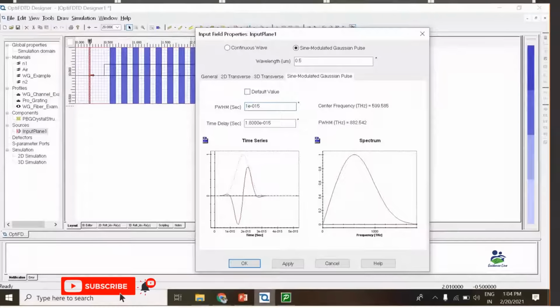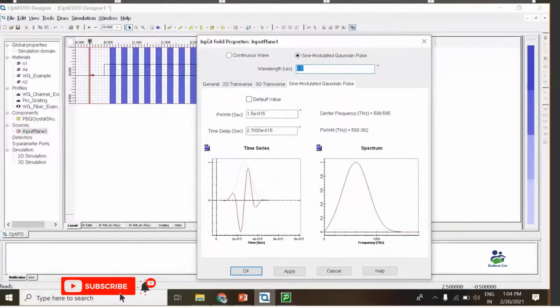Suppose I make the value 1, now you can see the spectrum changes, and if I make it 1.5, we have a time domain like this and a spectrum looking something like this. And the center frequency, as I already told you, if I make the wavelength 0.5 micron, corresponds to a frequency around 600 terahertz, so it automatically calculates the 600 terahertz.